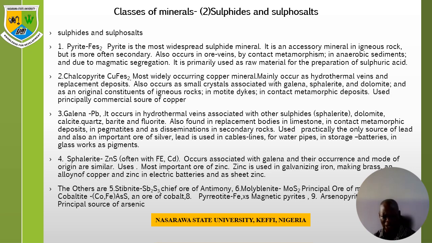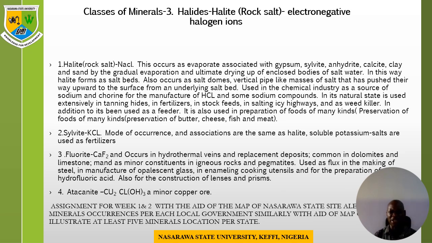And then we have the cobaltite, an ore of cobalt, and the pyrite, the magnesite, and the arsenopyrite, principal sources of arsenic. Then classification based on halides, which contain electronegative halogen ions. In that group, we have halite, which is the rock of sodium chloride, occurs as evaporite associated with gypsum,